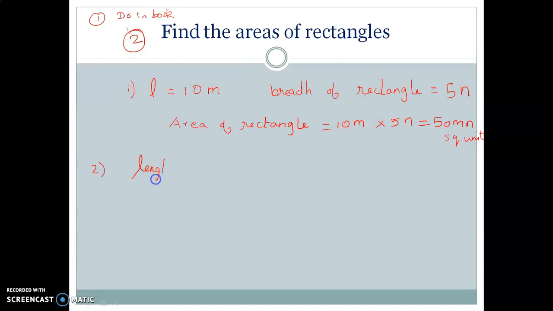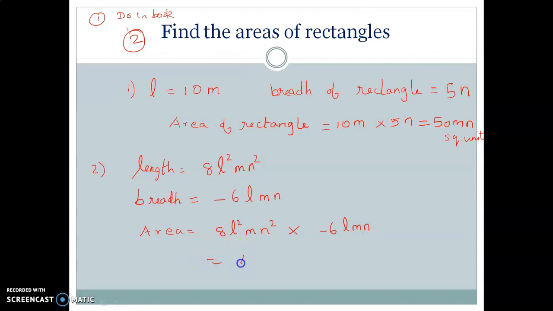So the length of that rectangle is 8 L squared m n squared, and the breadth is minus 6 L m n. So what is the area? You are going to multiply these two monomials. You are dealing only with monomials, isn't it? So I have taken length and breadth to be monomials alone. We have not started with binomials. Into minus 6 L m n.